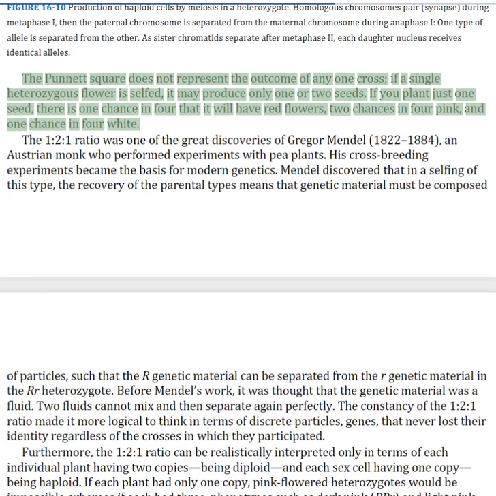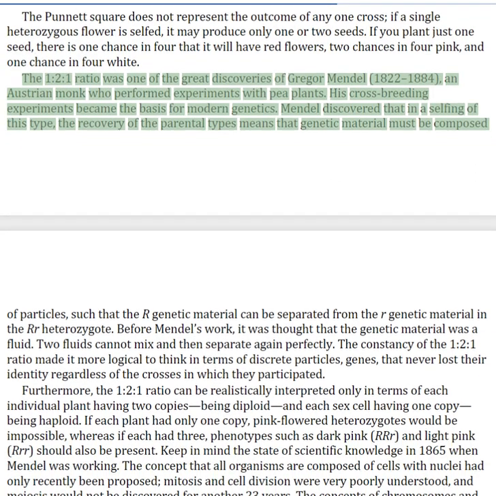The Punnett square does not represent the outcome of any one cross. If a single heterozygous flower is selfed, it may produce only 1 or 2 seeds. If you plant just one seed, there is 1 chance in 4 that it will have red flowers, 2 chances in 4 pink, and 1 chance in 4 white. The 1:2:1 ratio was one of the great discoveries of Gregor Mendel, an Austrian monk who performed experiments with pea